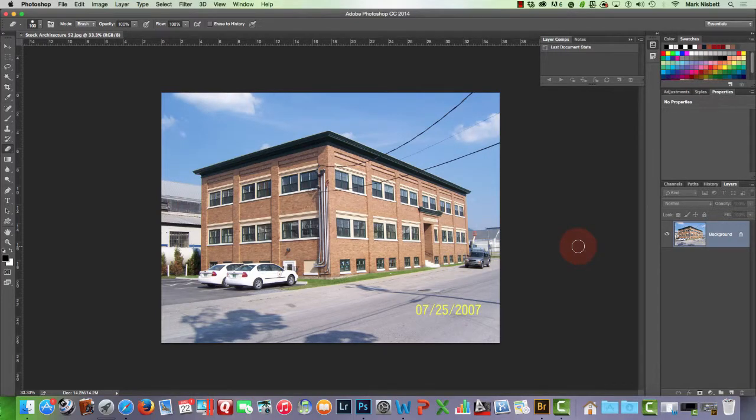So in this exercise we're going to look at converting a photograph into a piece of art in Photoshop. The first thing that we're going to do is straighten up the building, because typically all buildings that are taken with a wide angle lens have some sort of distortion to them, and we want to straighten up the